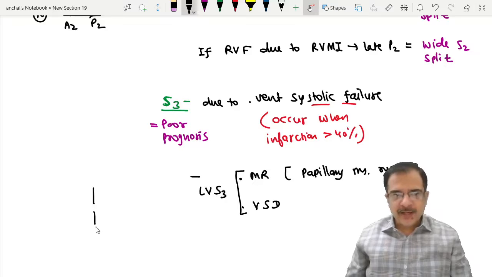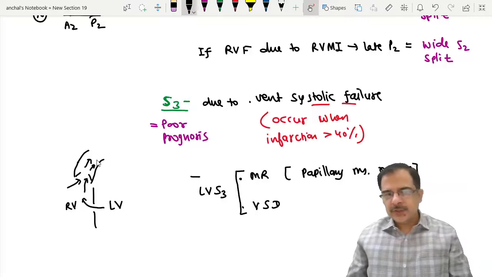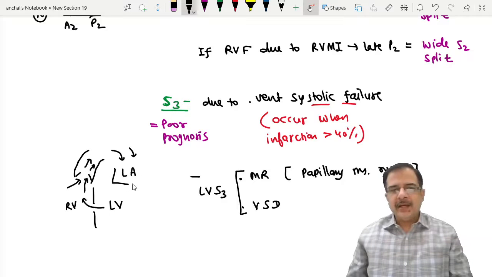You will be wondering that in VSD, blood is going from the left ventricle into the right ventricle. But remember, the pulmonary valve is open. The blood goes in the systole through the septal defect and through the pulmonary artery. Pulmonary valve is open, so the right ventricle is an open space during the systole. So whatever extra blood is going, that blood will come back through the pulmonary artery, and then more blood will reach the left atria, and the left atria will receive more blood in systole.